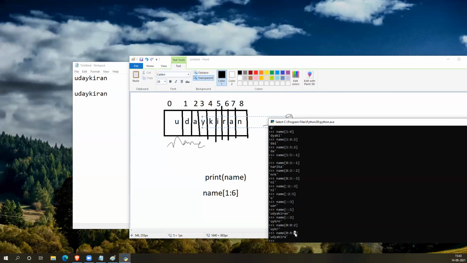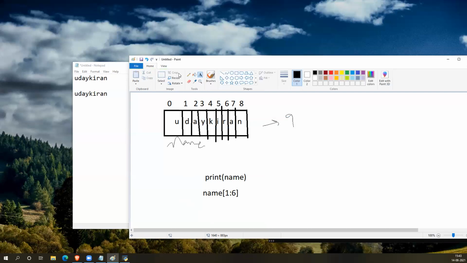0 to 8, step 1 got printed. So with step size 1, U, D, Y, A, like that. Let me keep the step size as 2. Of course, mine is written U, D, Y, I, right? So that's why after U, A got printed.